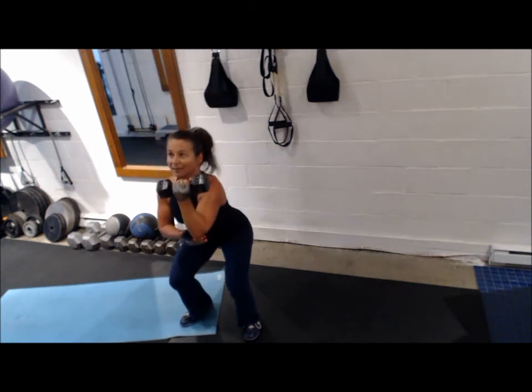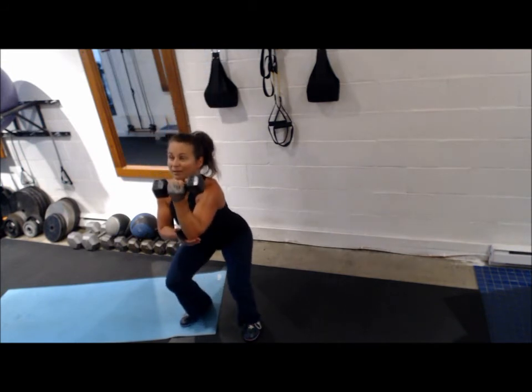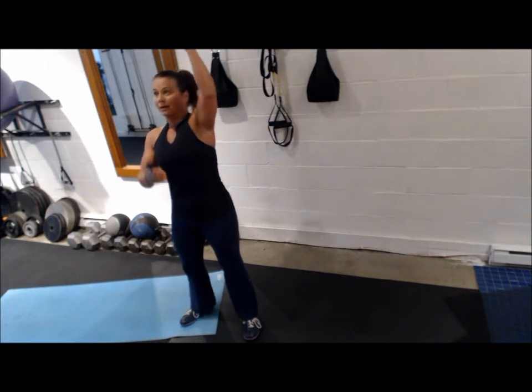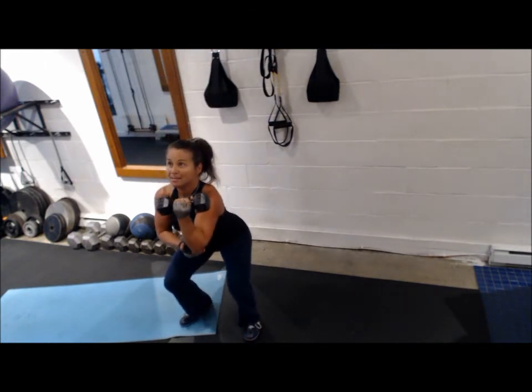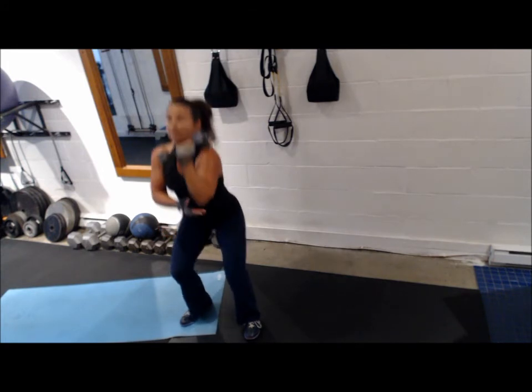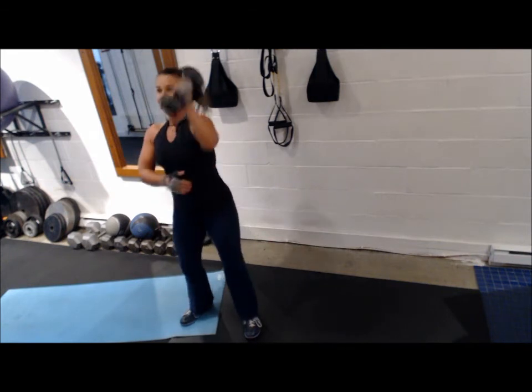Go for 5, 4, weight on the heels. Let that tailbone sink down. 3, 2, tight, tight, tight. 1 more. And